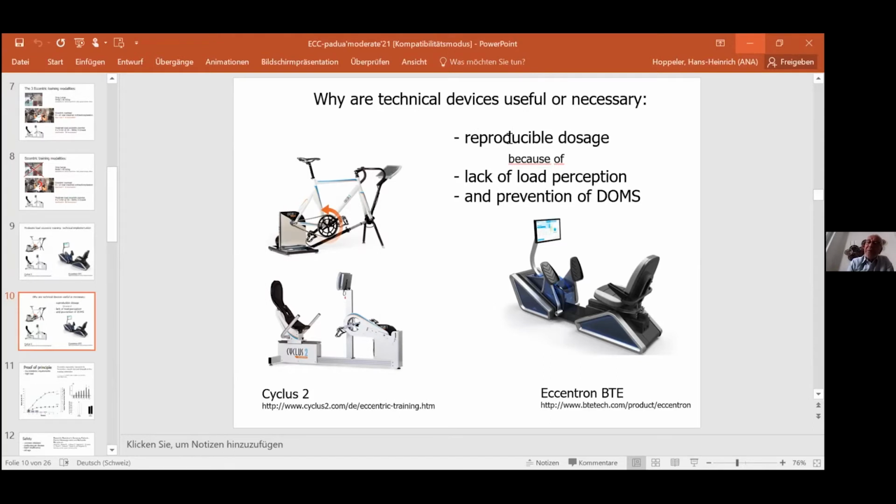And the reason why you need to have a reproducible dosage is that there is a lack of load perception. You don't actually feel how hard you work, and that's completely different from concentric exercise. In concentric exercise, you immediately feel the load, which is not the case when you work eccentrically. So that is necessary then to prevent delayed onset muscle soreness and muscle damage, because you can easily work at